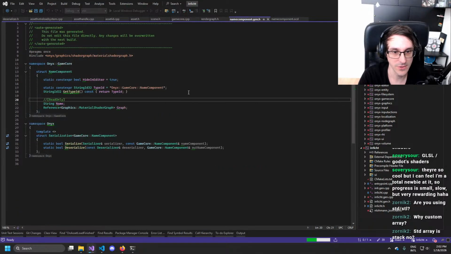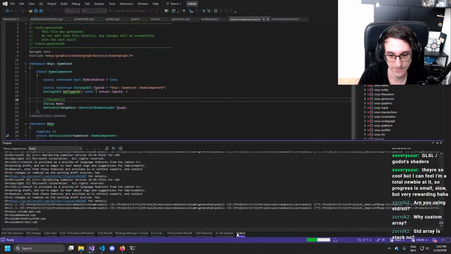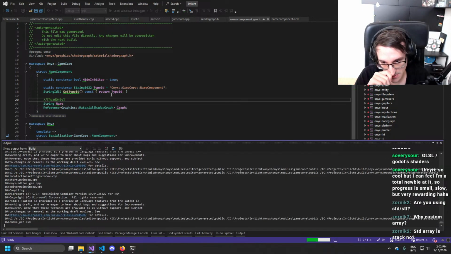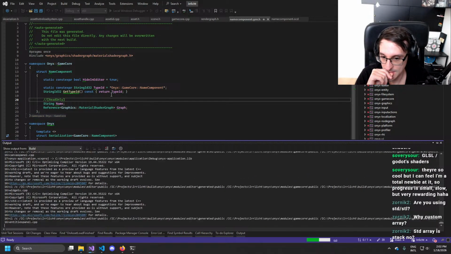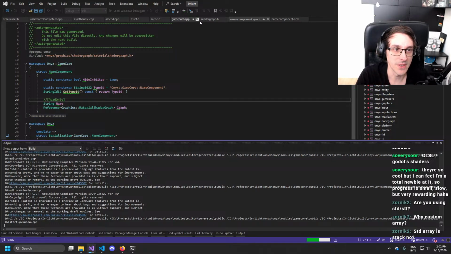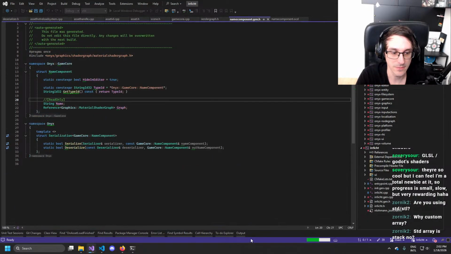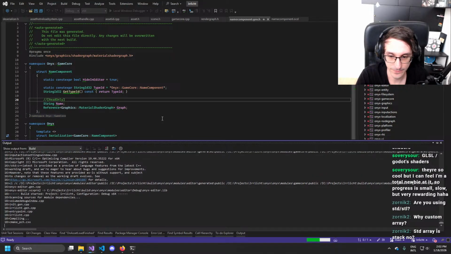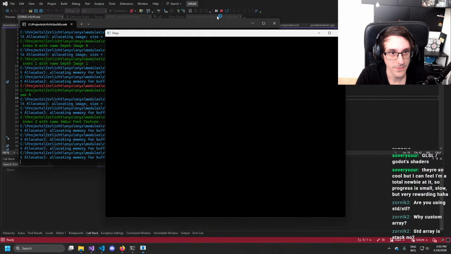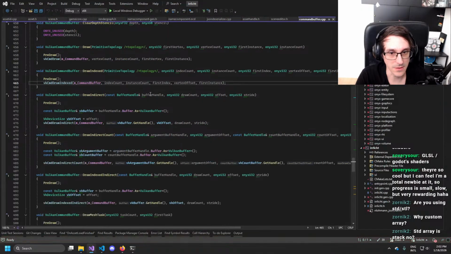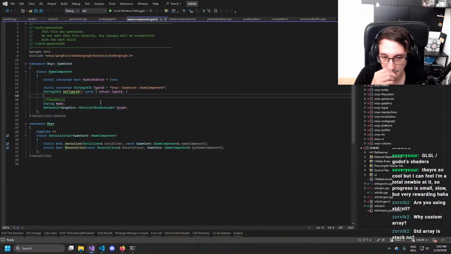So, did that regenerate? Not yet. I'm wondering when this actually rebuilds. By now it should have done it already, but maybe not. Okay, so that didn't do anything. Oh, well, I should have set a breakpoint there.